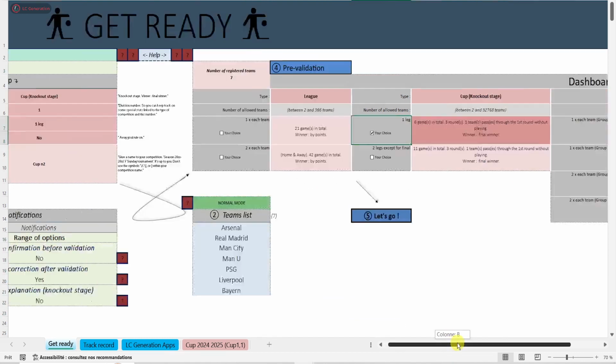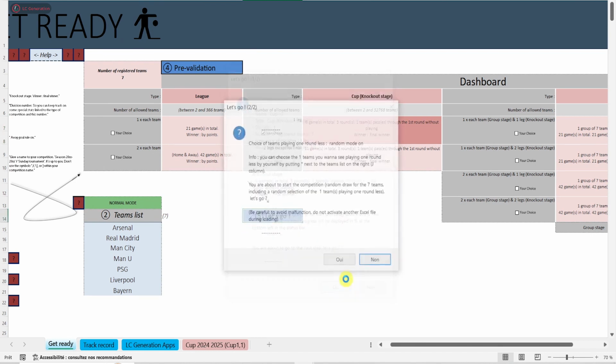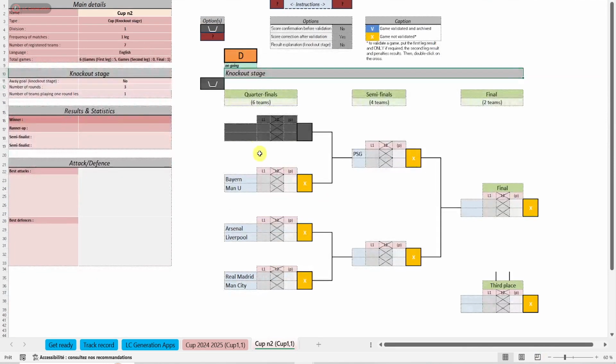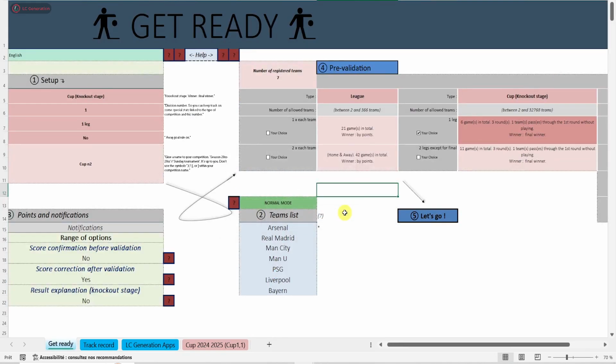The difference here is that one team passes through the first round without playing. You can still choose which one like we did before. Otherwise, our algorithm will choose it randomly. Oh, and remember, you can obviously create as many worksheets as you want. You can go up to 15 rounds, which means